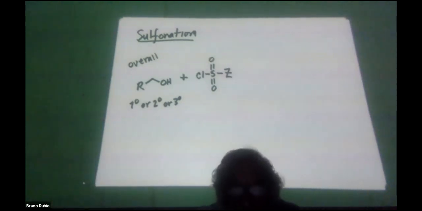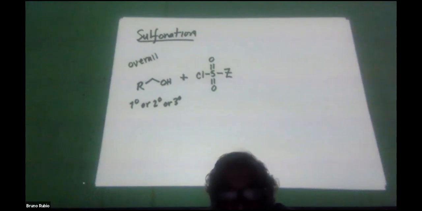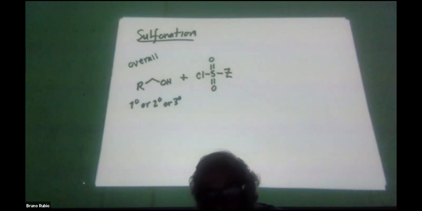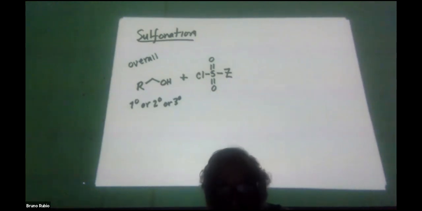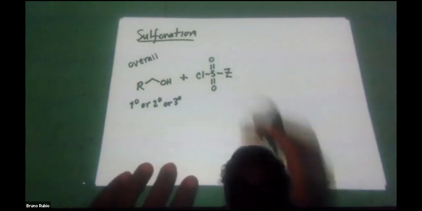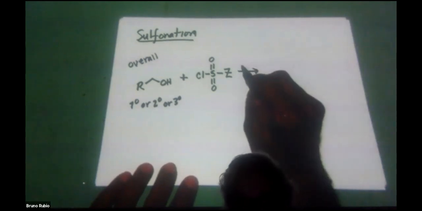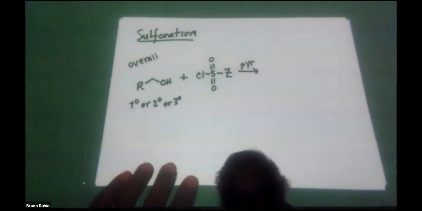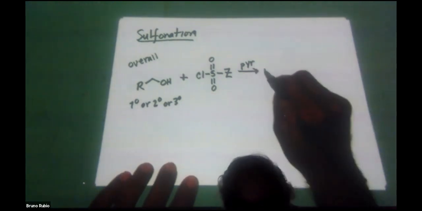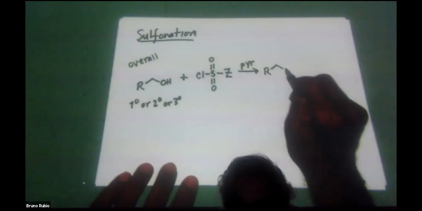Okay, so that's the sulfonyl chloride. It has a sulfur atom double bonded to two oxygens, single bonded to a chlorine, and also bonded to something called Z, which I'm just calling Z now. I'll talk about that in a second. Z can be a couple of different things. I'll talk about what they are in a second. The reaction, once again, uses pyridine, right? PYR. And the product here is going to be